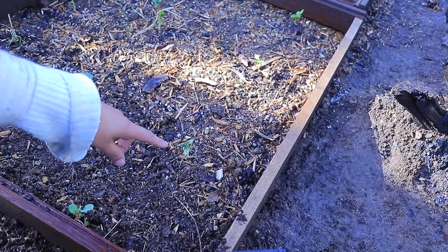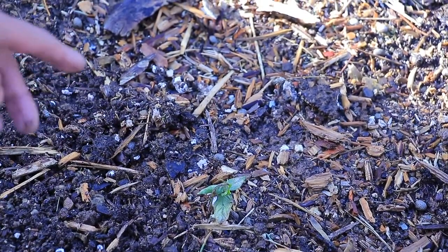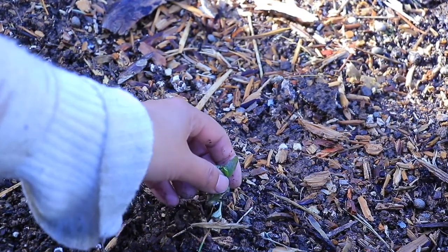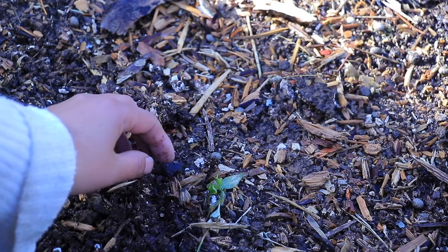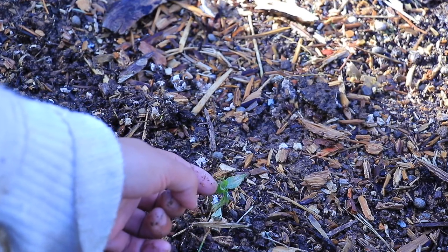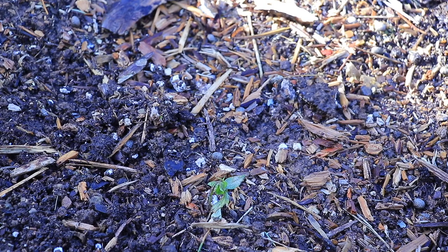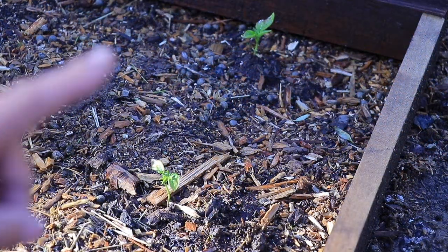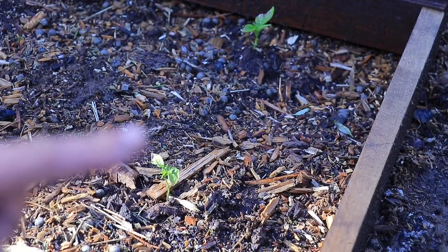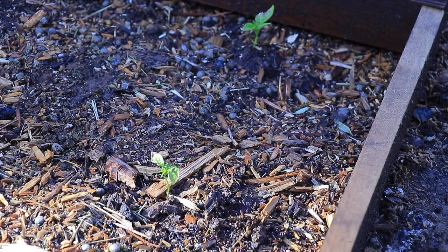Now over here, let me show you a close-up. This is a sad bell pepper. However, it has, I don't know if you can see it right there, but it has some new leaves growing. They seem very sad, so I don't know if it's gonna survive, but I will still give it a chance. Then over there is another bell pepper plant and another bell pepper plant. I'm assuming they're green, but I don't know because I had a couple of varieties and they got all mixed